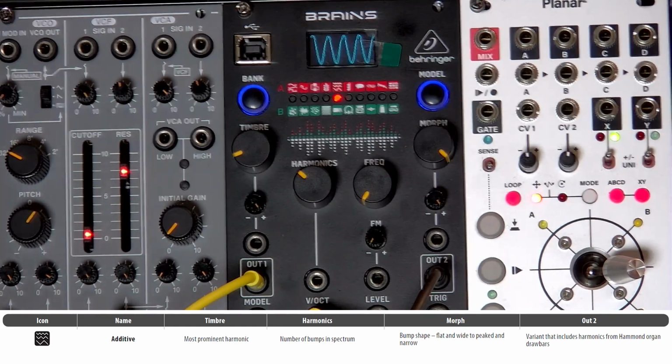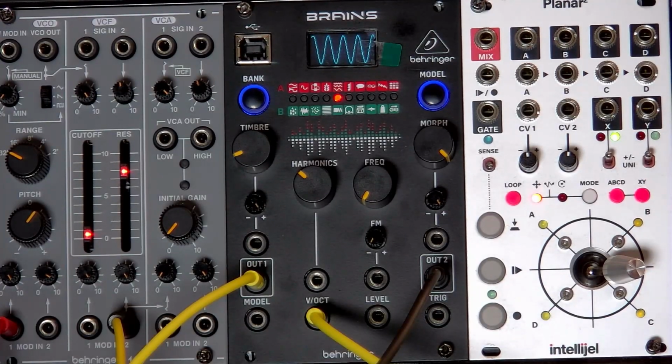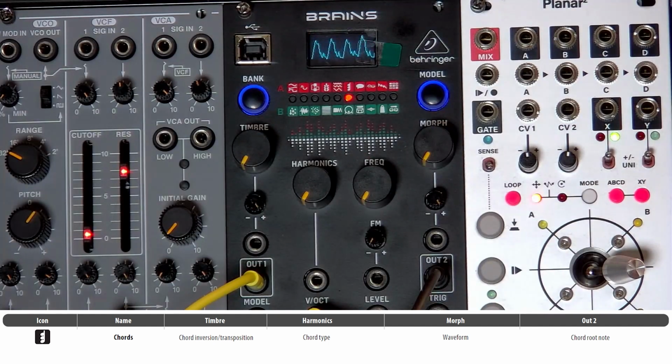Bit of reverb on that. That's from the Big Sky Clouds algorithm. Right, let's listen to some chords now, shall we? Okay, chord inversion and transposition is the timbre, so